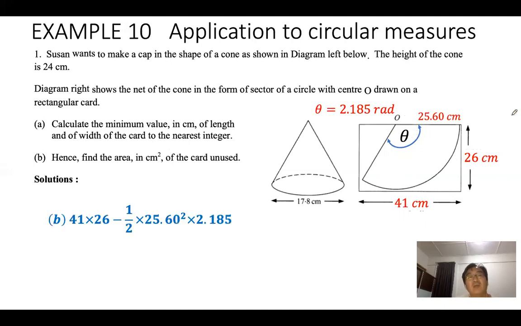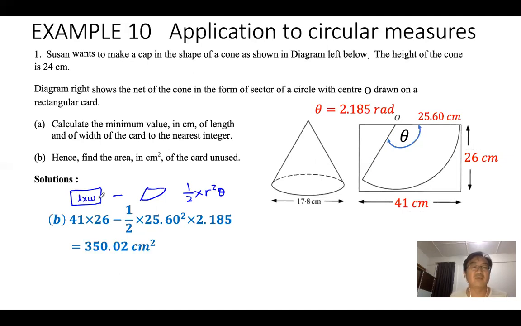So we just substitute in. So it's 41 times 26, the area of the cardboard. And then you minus the area of the sector. Okay, so that is 1/2 times 25.6 square times 2.185. So we use this formula, 1/2 times r square theta. And this one is length times width. All right, so you get the answer,